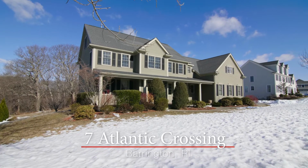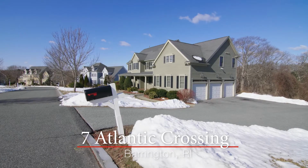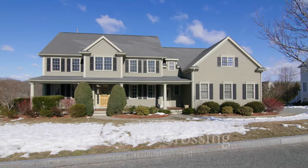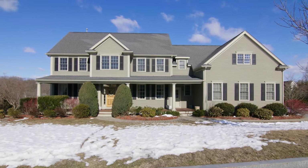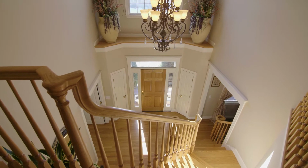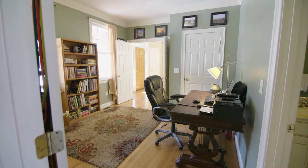Located in the coastal town of Barrington, this gorgeous custom colonial with an attached 3-car garage and inviting front porch showcases quality construction and beautiful detail. The beautiful 2-story entry foyer features a custom staircase that is flanked by a private first-floor bedroom or home office